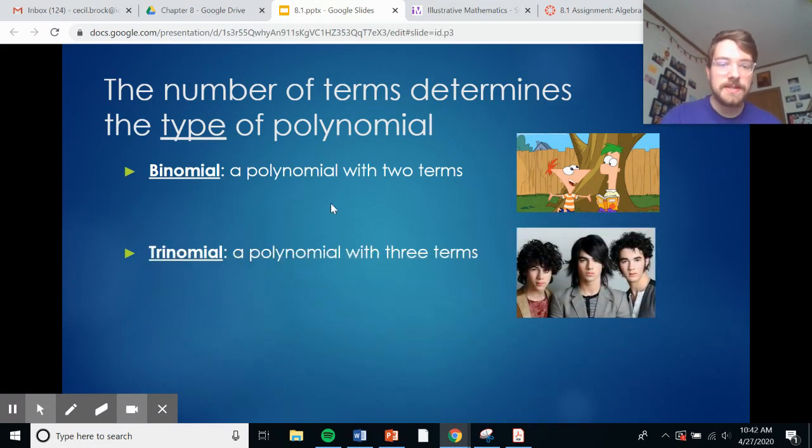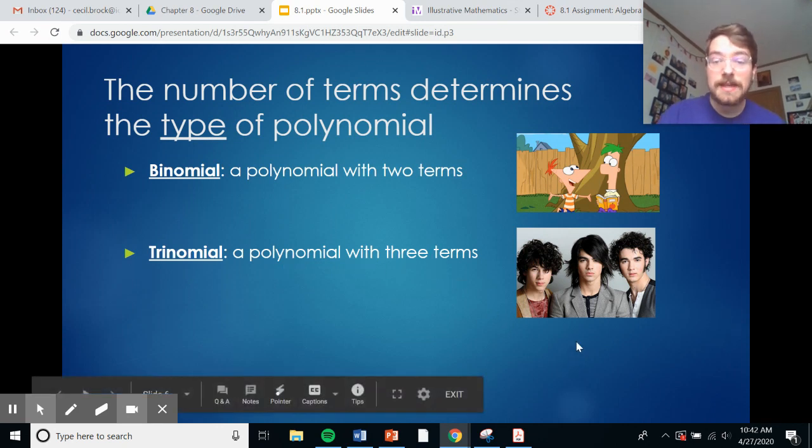And if you want to go extra crazy, go stupid, you can have a trinomial, which is a polynomial with three terms. And when I was thinking of iconic trios, I was like, God, the Jonas Brothers, obviously, but not